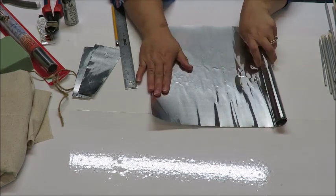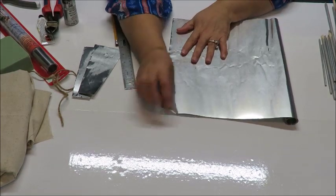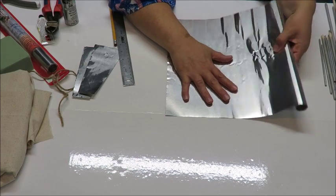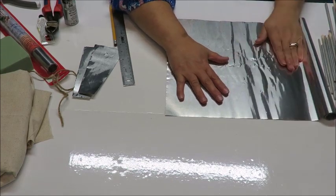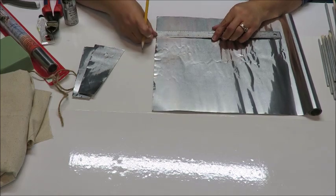All right, so now I'm cutting the blades, and I said I'd be back when this was all done, but I thought I'd go ahead and show you how I did it. So I unrolled this, and then I turned it around this way actually, because then it was easier to flatten it down and it wouldn't keep rolling up on me. So that's what we're going to do, and I'm just going to measure 3 inches in,